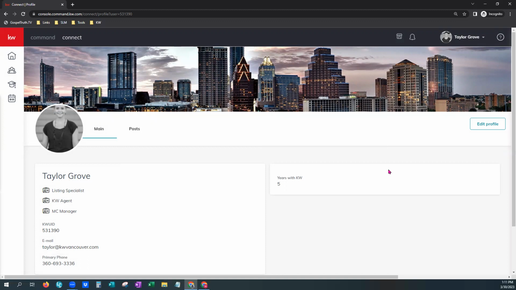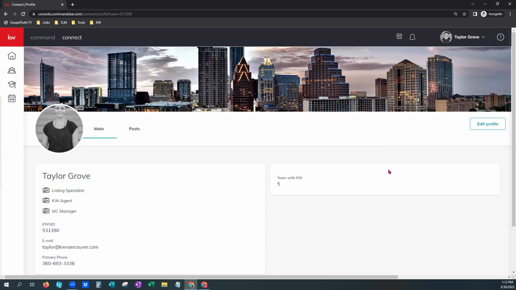If the information is not correct, can it be edited, such as closed units? Fabulous question, Deborah. I'll go ahead and jump into that. So just know if you're looking at those numbers and you feel like they're incorrect, just know it is only for the last 12 rolling months and it only includes KW. So if you were with a previous brokerage before then, it will not show your production